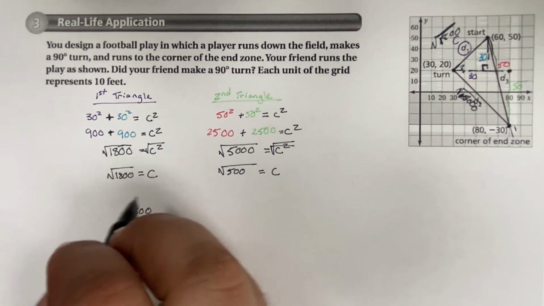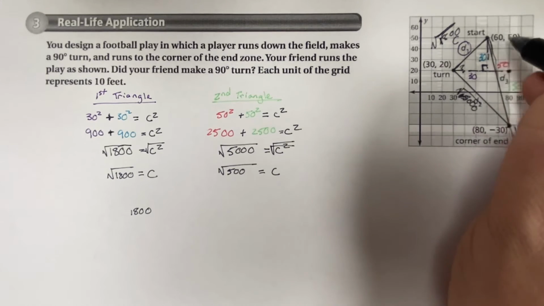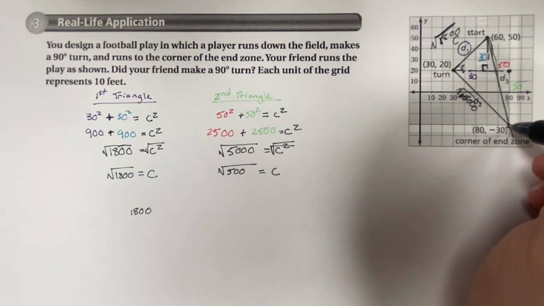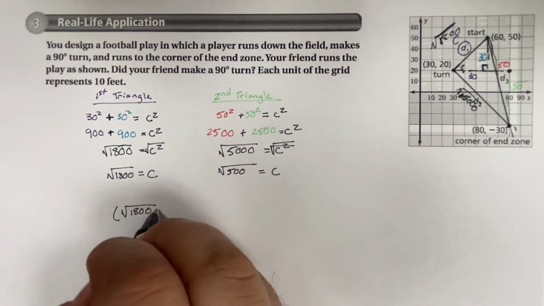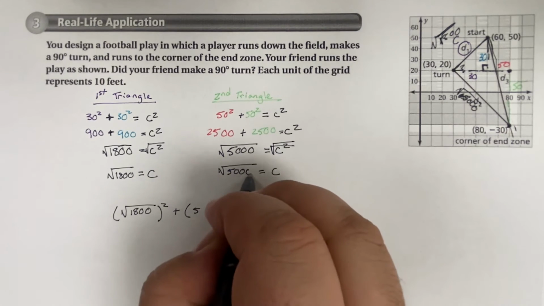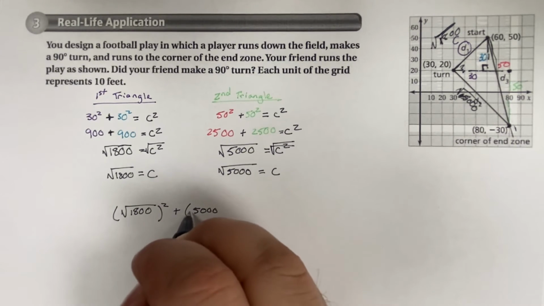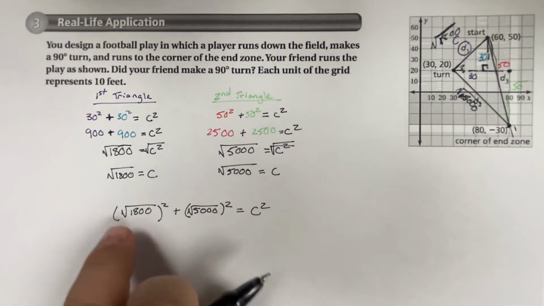It's not the hypotenuse. This right line right here from start to end zone is going to be my hypotenuse. So if I square this plus this squared equals C squared, so what I get is